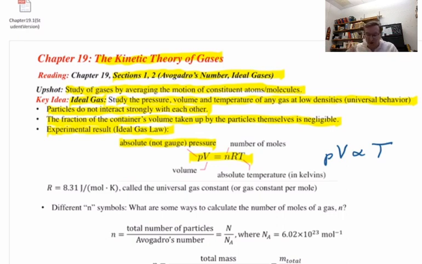On the right, the first term is little n. That's the number of moles of gas you have. It's a measure of the amount of gas. We're going to talk about how to get that number. Then there's the T. That's the absolute temperature in kelvins. Must be in kelvins, not